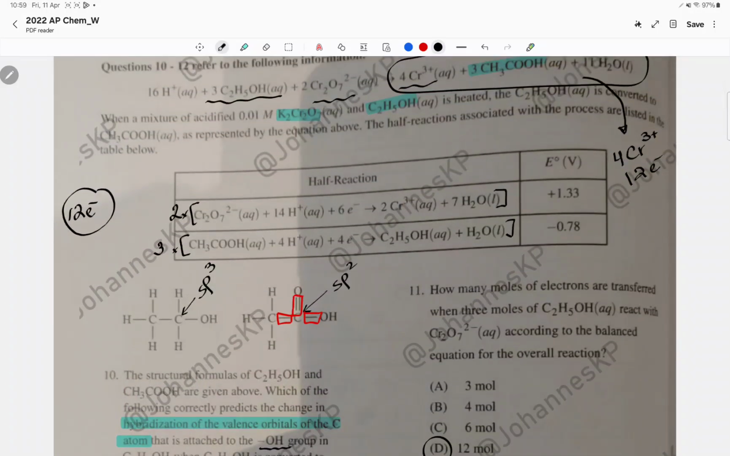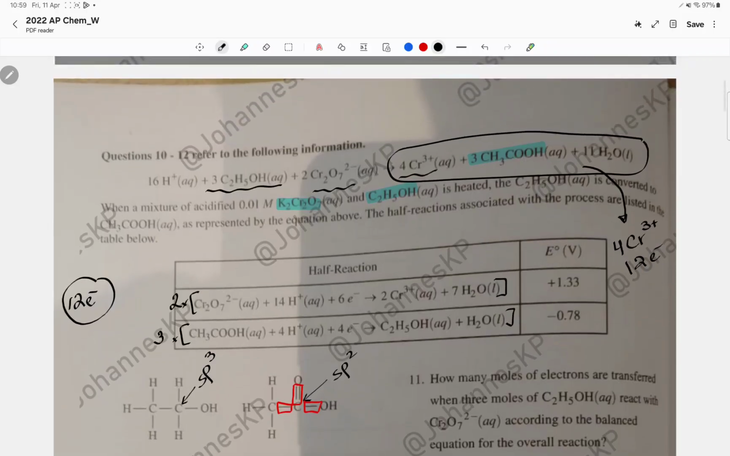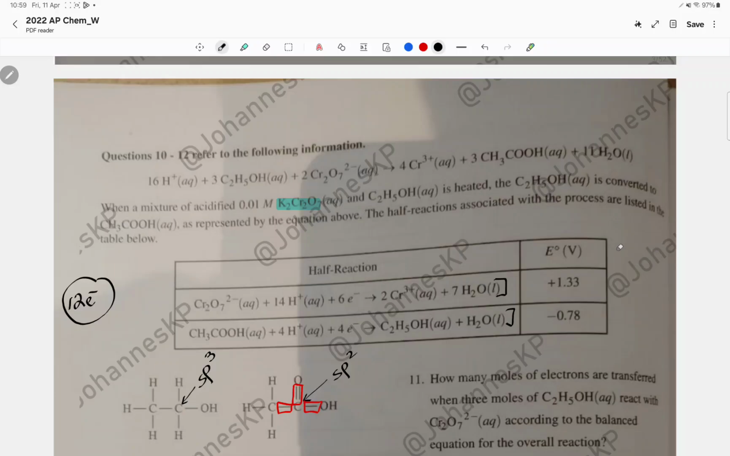where is our cathode? That one. So how would we know? Look, how would we know? Because we're not told if it's galvanic or electrolytic, right? So how would we know? The way you do it is you look at